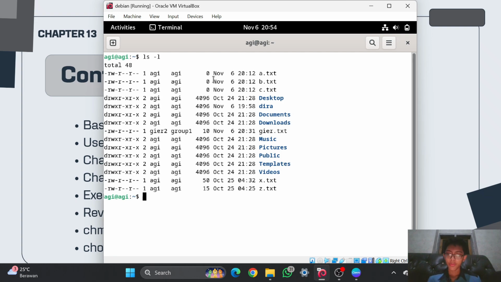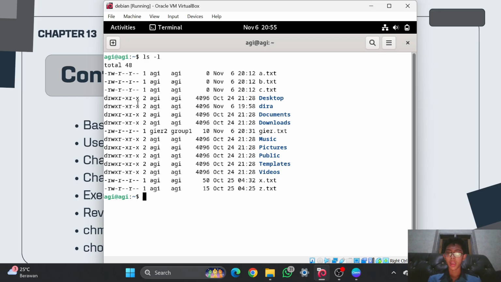So for example, there is rwx. The d means it is a directory. So this user, which is agi, has access to read, write, and also run this directory, which is rwx. And the next one is wxr. It is write, execute, and then read.